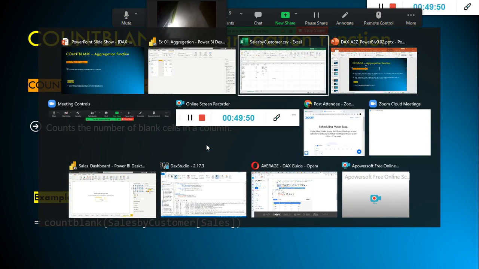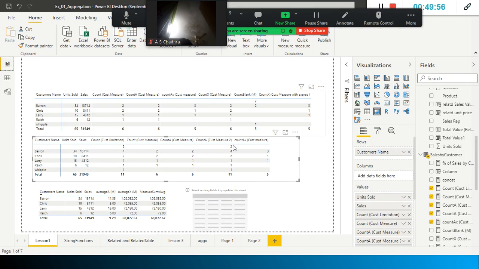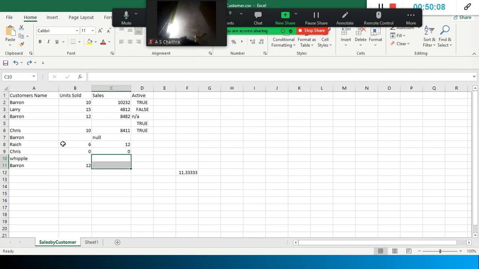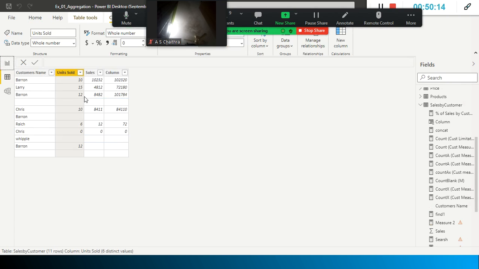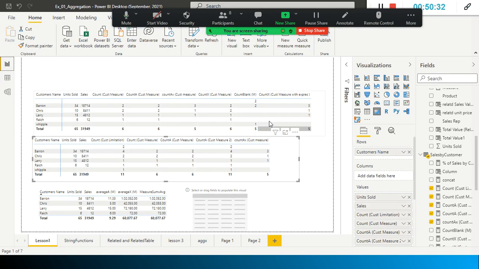So here for blank value, the customer name has 2 blank values, and for Baron we have one blank value. So basically here 1 and 2 blank values for units sold, and here also 2, right? And for sales we have 1 2 3 4 5, and why is sales not showing correctly?